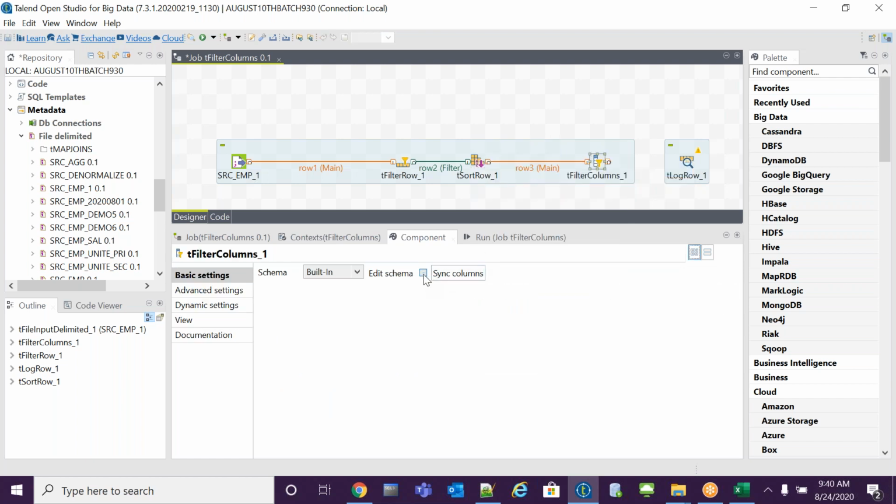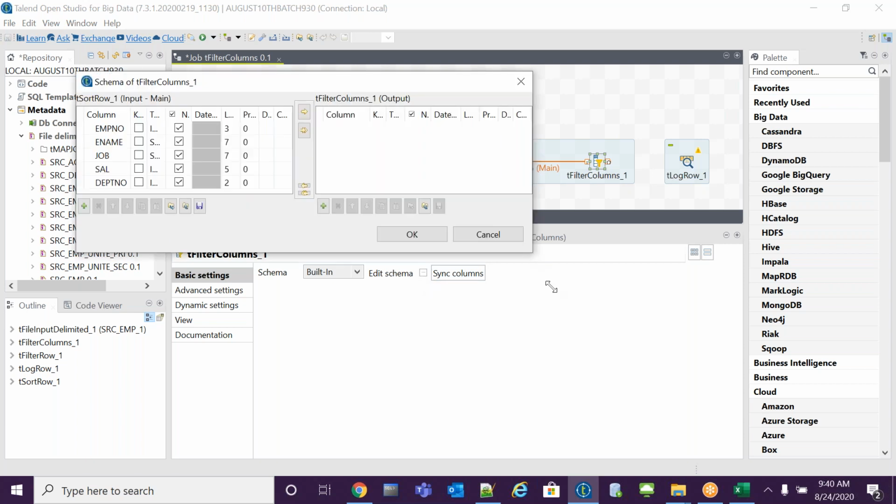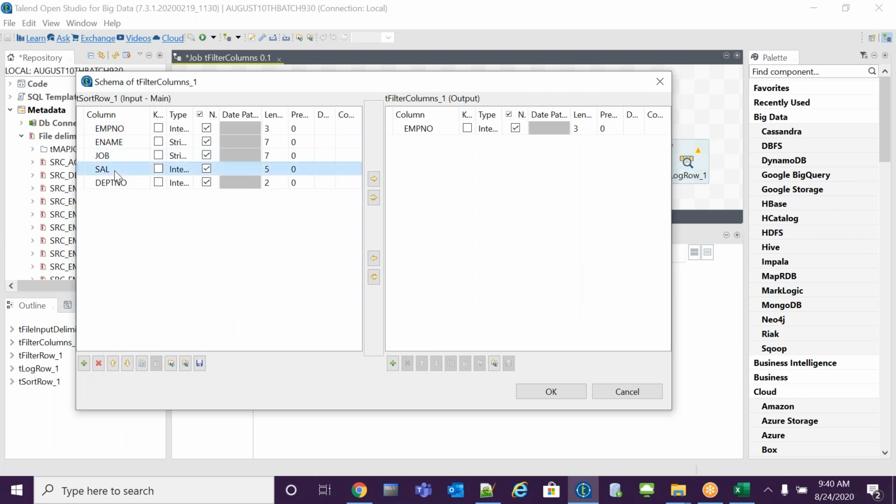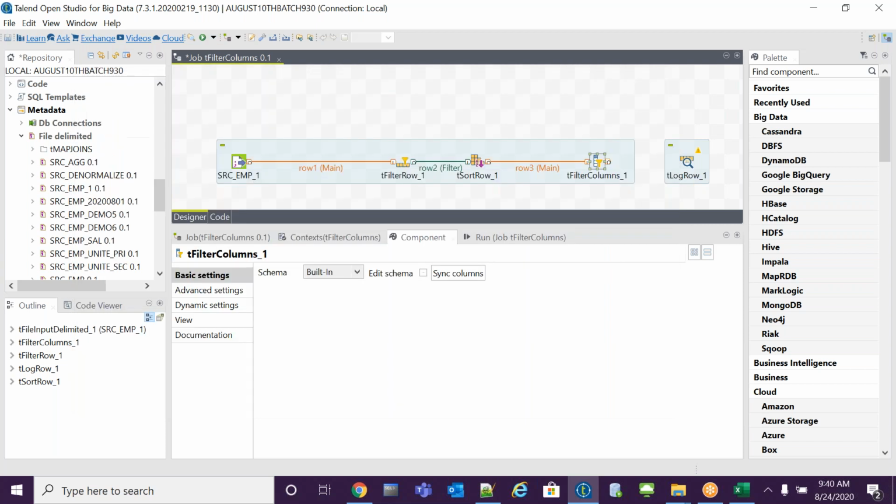Double click the tFilterColumns, go to edit schema, copy the required columns. Don't copy all the columns. Employee number, I want only salary. I don't want all the columns. Okay, let me give the target.